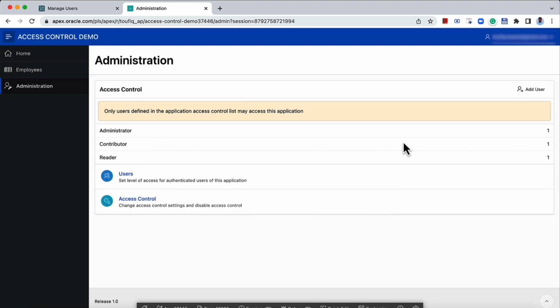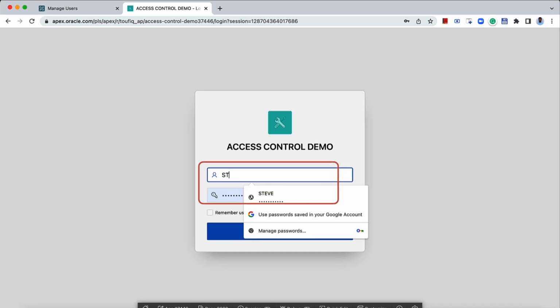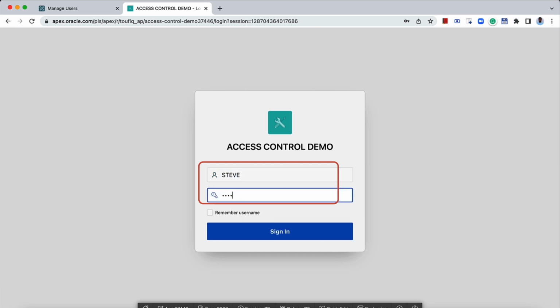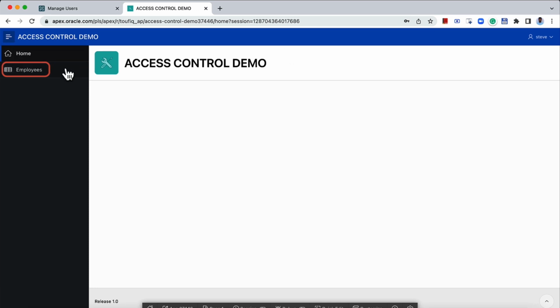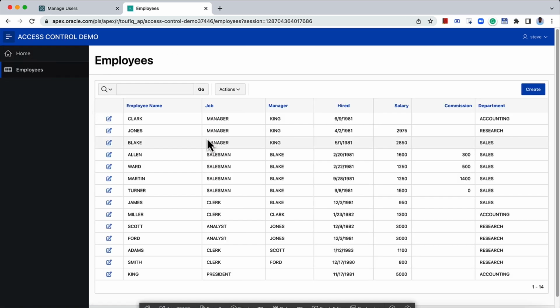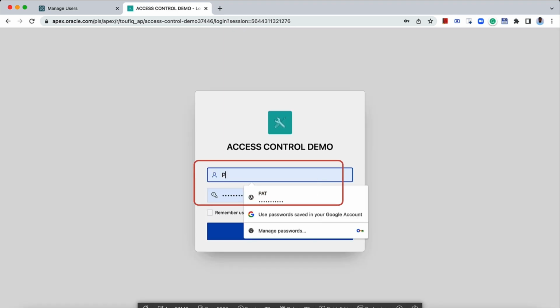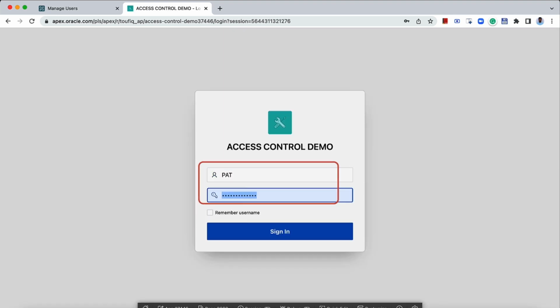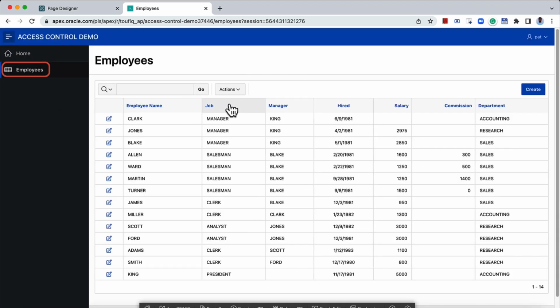With the roles assigned to users, if I log out and log in as Steve, Steve will have access to the application. And now if I log in as Pat, Pat will also have access to the application. But since Pat is a user who has only view privileges, when Pat logs in, he should not be seeing